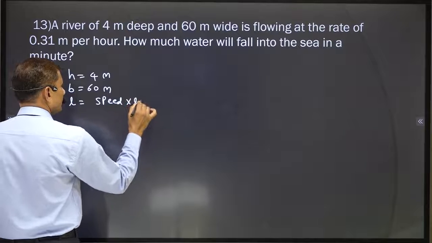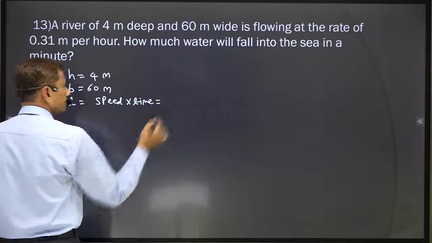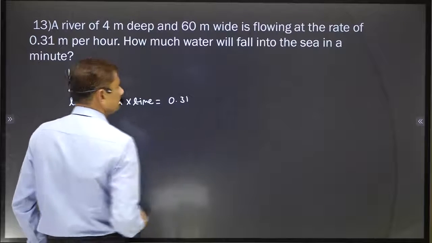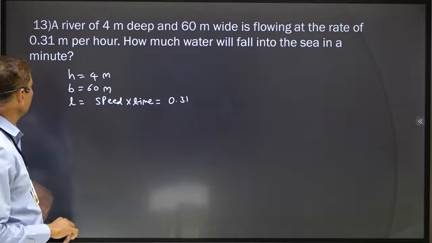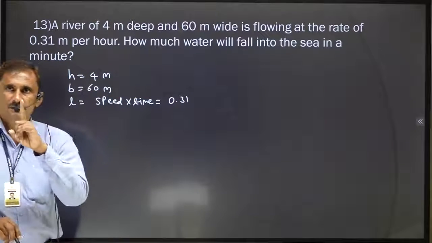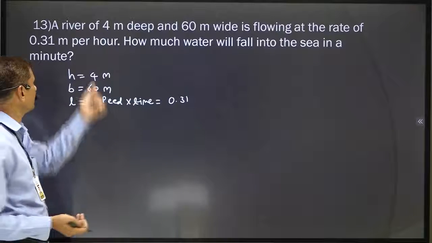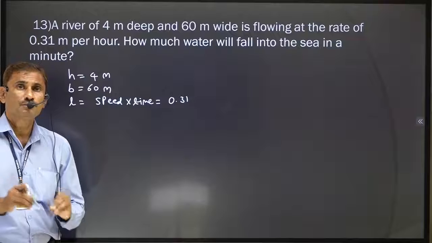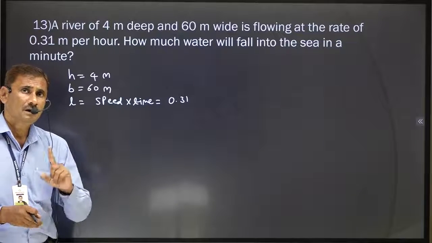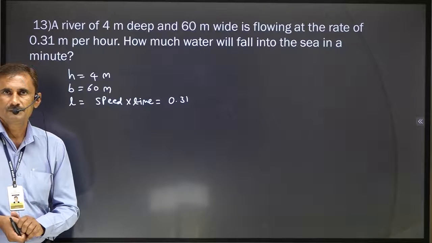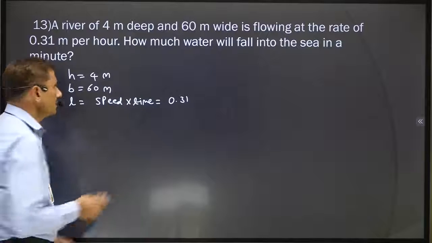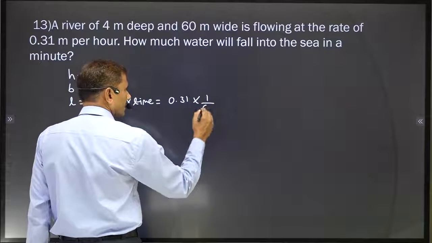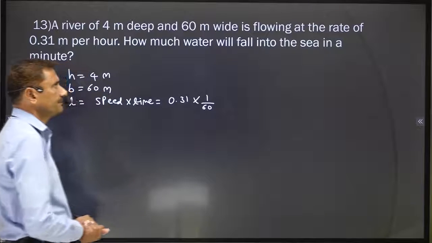So in this type of case, you should be careful here. The speed is given, and in full, how much time do we want? A minute means 1 minute. But here speed is given per hour, so we should put the value of time in hours only, not in minutes. Understood? So I'm not writing 1 minute here, but 1 minute in hours only. So dividing by 60. Understand well.